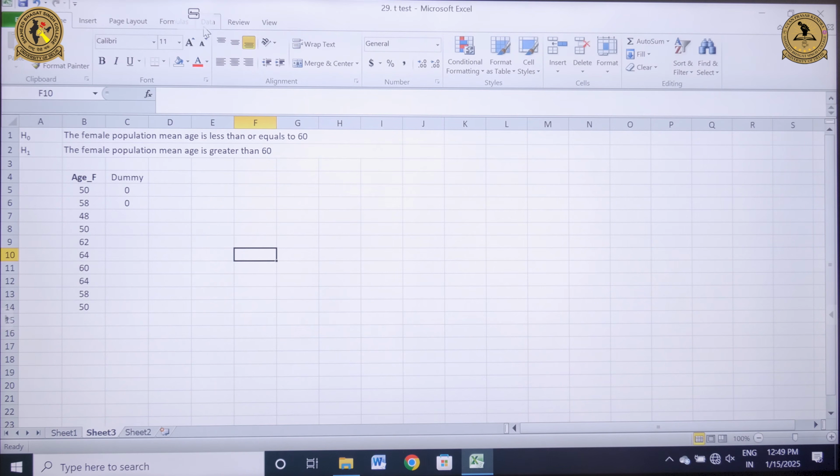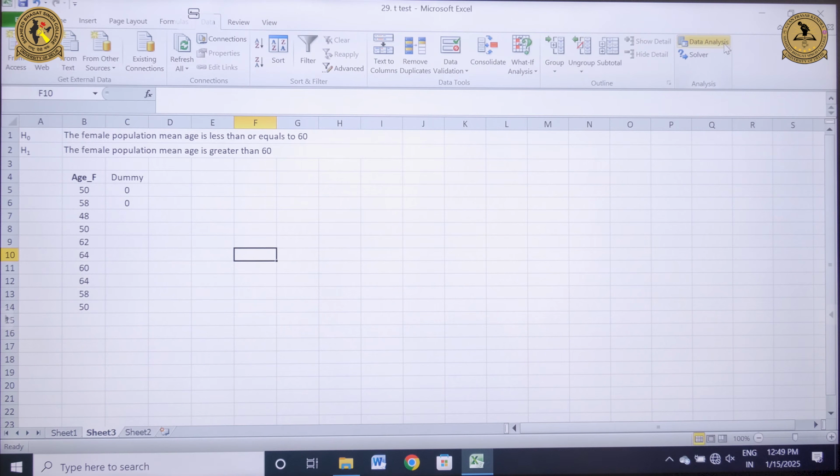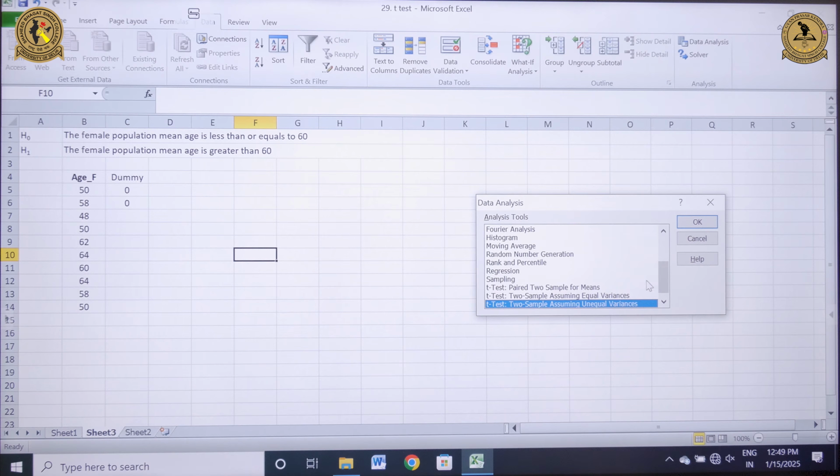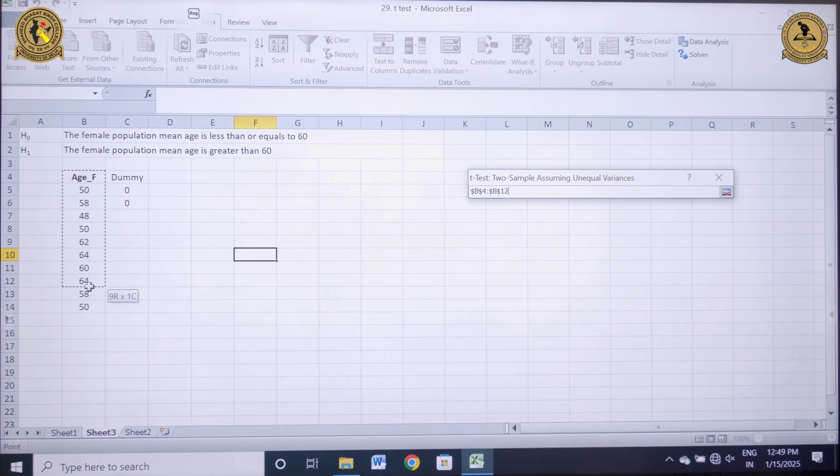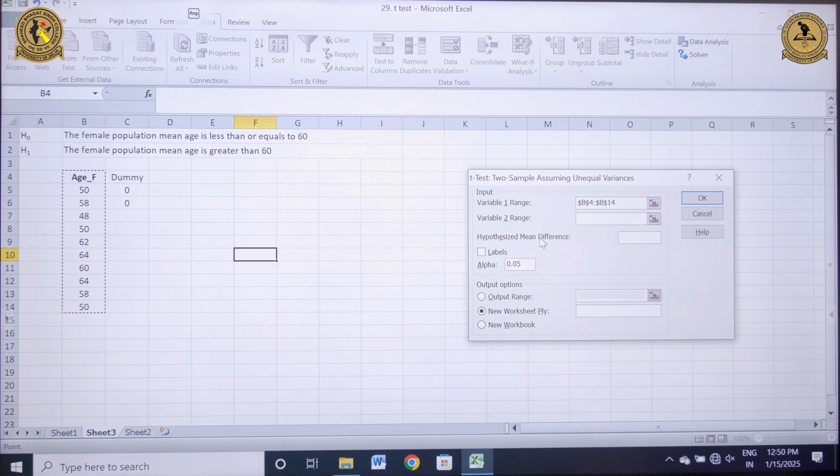So first I will go to Data. Then there is an option known as Data Analysis. Click on it, and then you need to click on t-test two sample assuming unequal variances. Click OK. Now I need to select the variable 1 range, then the variable 2 range. Hypothesized mean difference is 60,